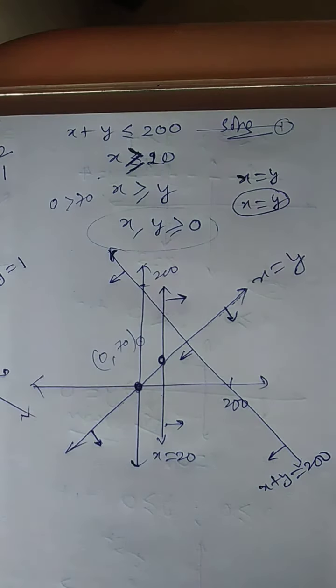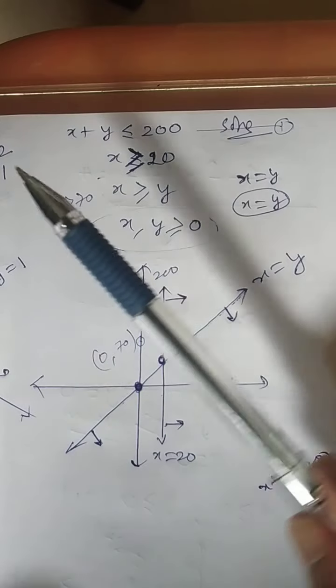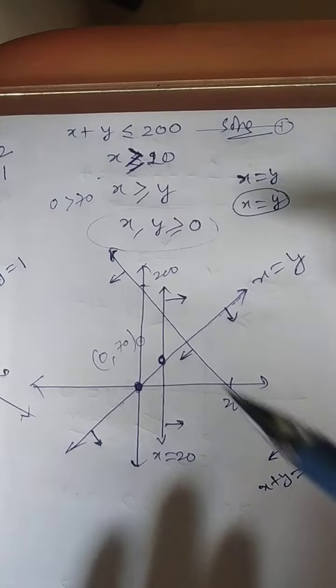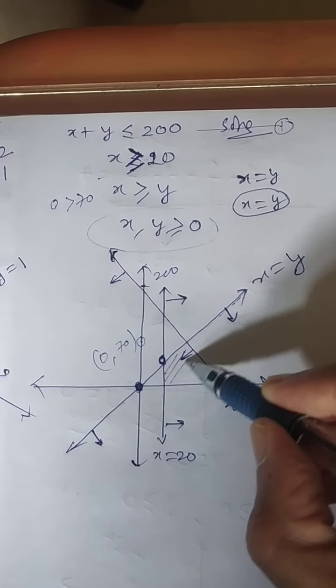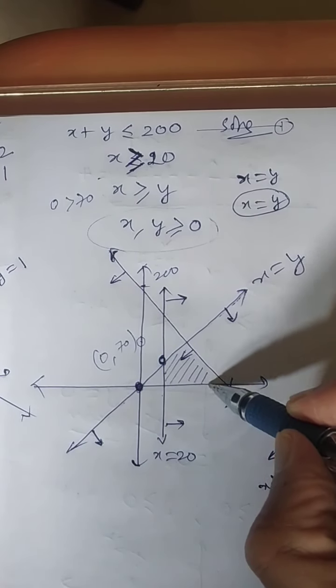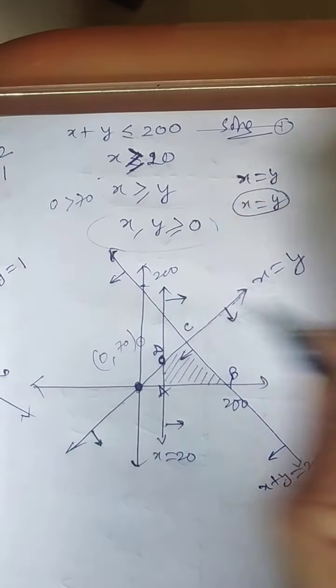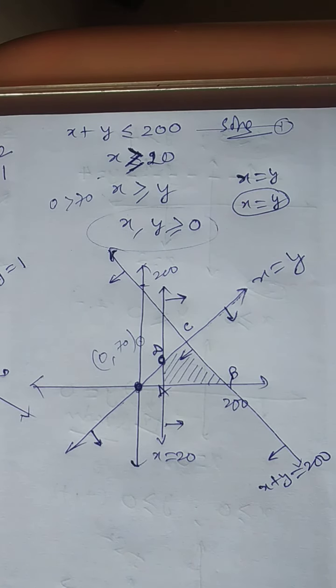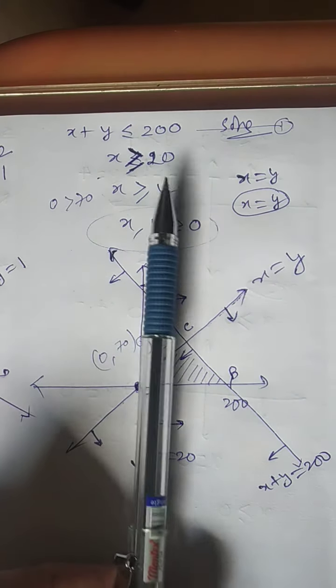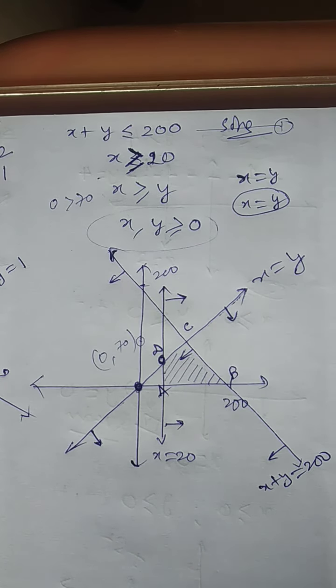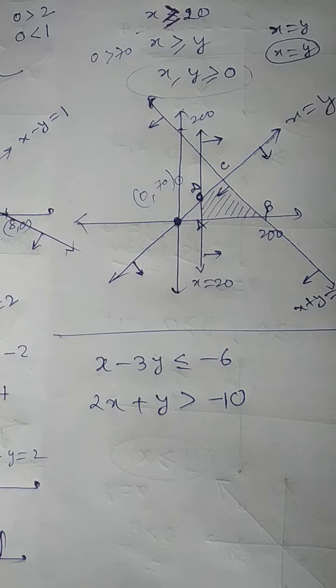So think about right side of this, down of this, and down of this. So you will get the solution: A, B, C and D is nothing but the required solution. Look here, down of this, right side of this will be something like this. Okay, so are you getting familiarity with how to get the graph for the equations? Is it possible for you?